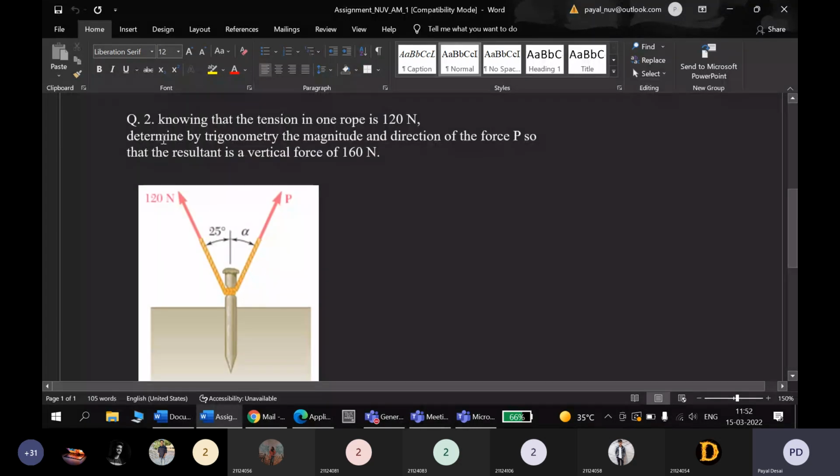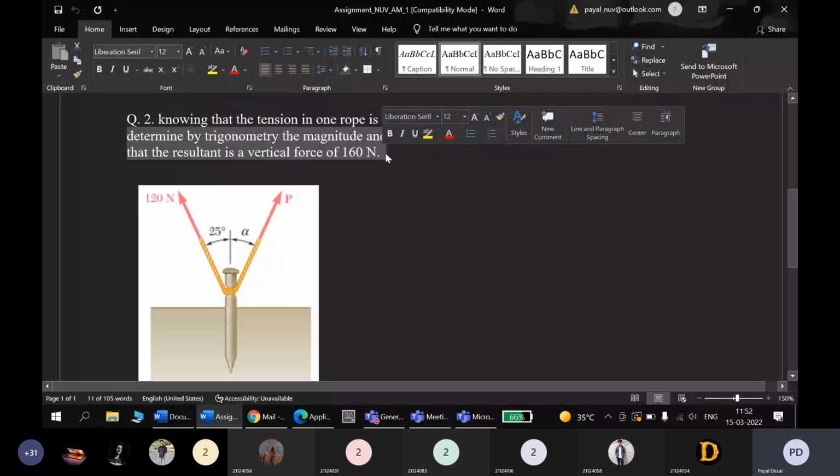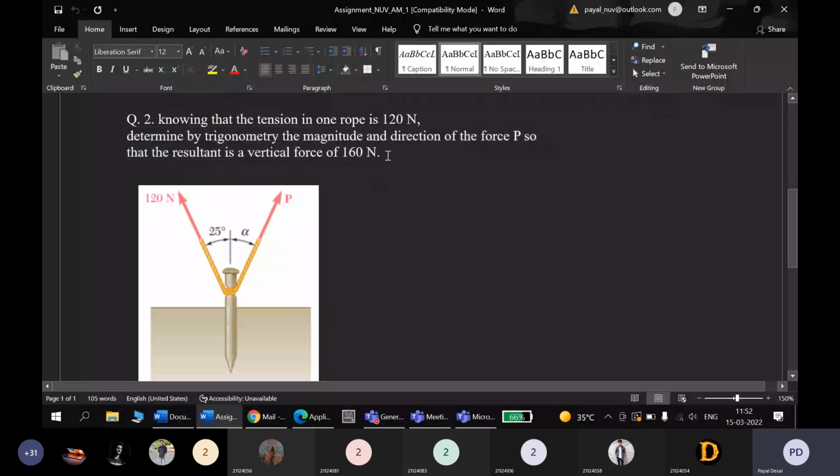Okay, now this is something: knowing that the tension in the rope is this, determine, using trigonometry, the magnitude and direction of the force, so that the resultant is in the vertical direction. So this is again very similar to the example which we have covered today. यहाँ मैं vertical direction में already resultant दे दिया है. Resultant is vertical force. मतलब आपको resultant का direction मालूम है तो apply just sine rule directly,